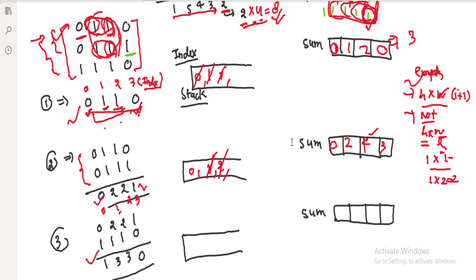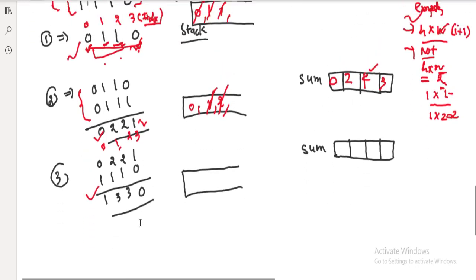Ending with this particular element, what are those submatrices which contain all 1s? This is 1. We have got the result as 3. Why? Because this is the first submatrix, this is the second submatrix, this is the third submatrix. Okay, so that's why it comes to 3. Similarly, we can solve for all 3 rows also.